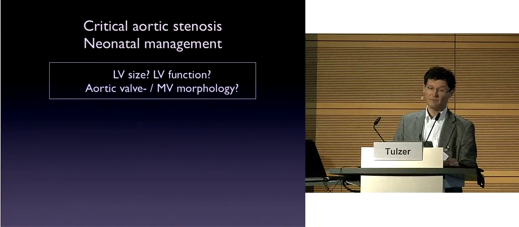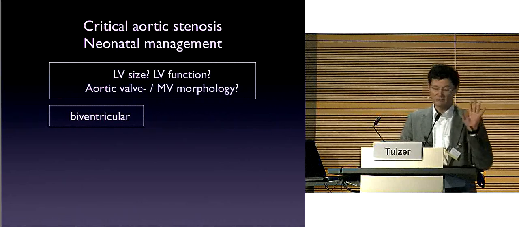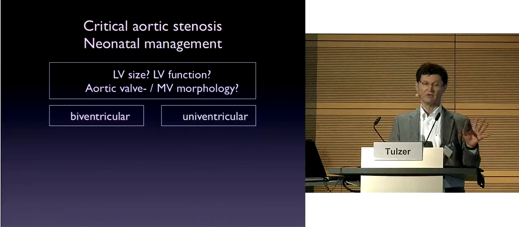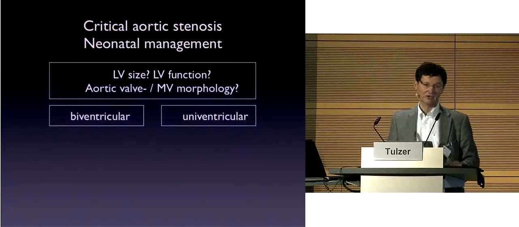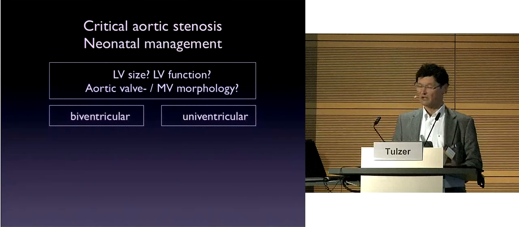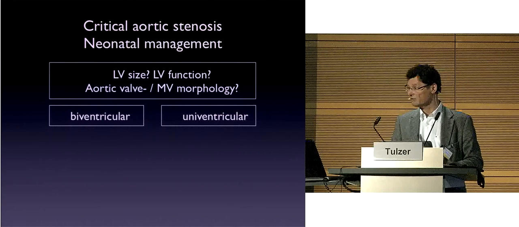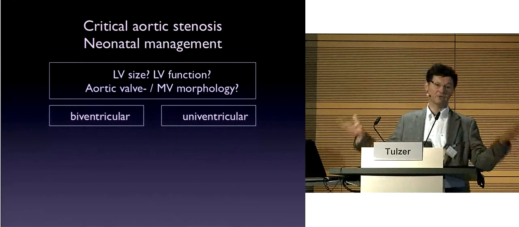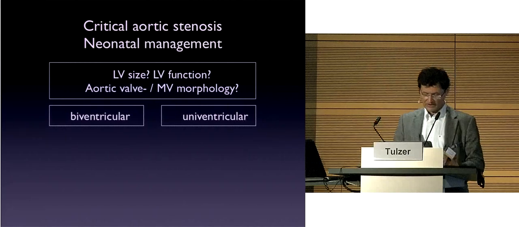You have a neonate with critical aortic stenosis, some mitral valve and aortic valve abnormality, and you have to make the decision either biventricular or univentricular. And this is, as we have heard, a very difficult decision. Not all patients were treated in our institution, but in 9 different institutions in 5 different countries, because we got many referrals from outside, and the decision was always made by the team where